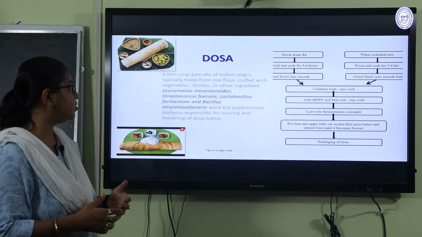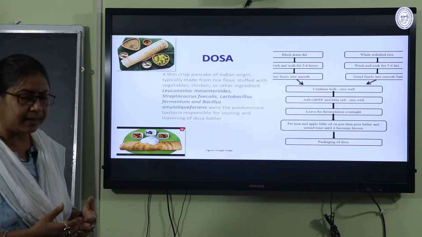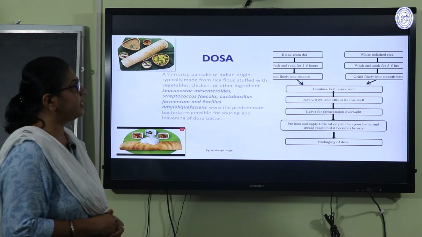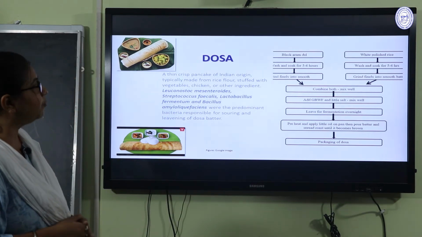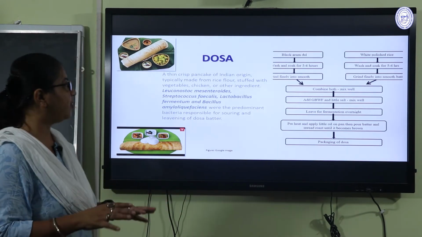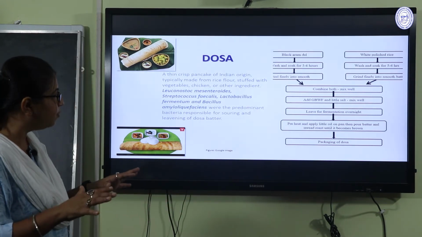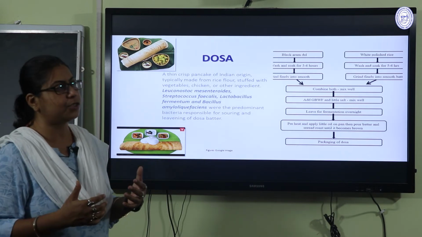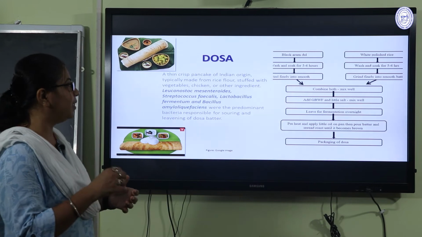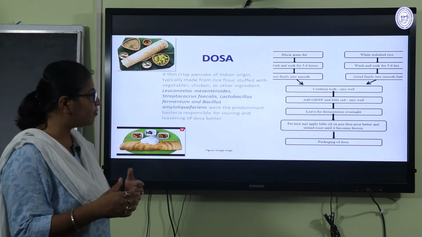And the predominant thing is more or less the same as idli, where the flour is also given as black gram dal taken, and white polished rice is taken. Both of them are separately washed and soaked for 5 to 6 hours, and they are finely ground into a smooth batter. The batters are mixed, and the mixture is ready for mixing in salt, and it is left for